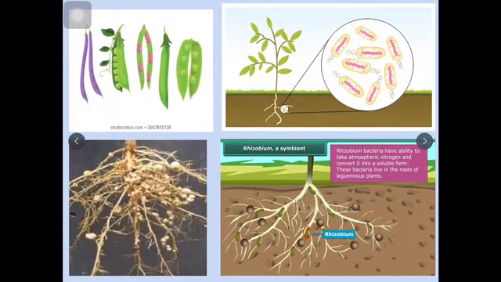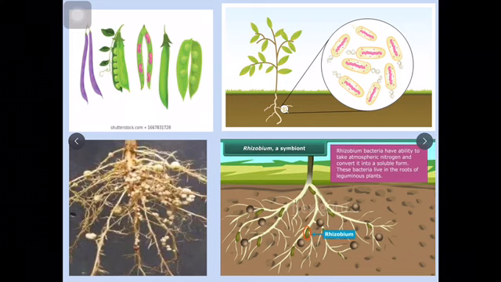So here in the first figure you can see the leguminous plant, pod like, the fruits which have pods, outside cover, inside it there are seeds. And the second below it you will see the roots. These are the roots of a pea plant. You can see that the roots have certain ball like structures. Inside these balls these bacteria live. Now next to this pea figure you will see that it is showing what was seen when the roots of these pea plants or gram plants or French bean plants were seen under the microscope.